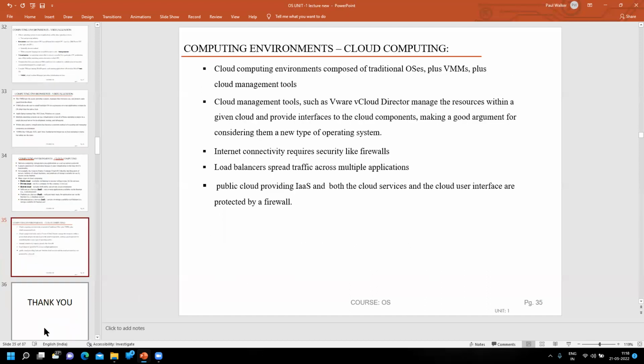Another important feature of cloud computing is a traditional OS, where we use VMM as an application. It is protected by firewalls and load balancing, which provide the multiple applications of public cloud by using the IaaS operation in the